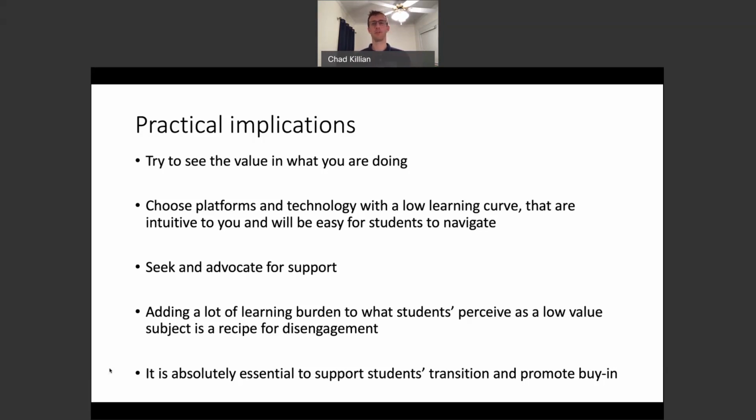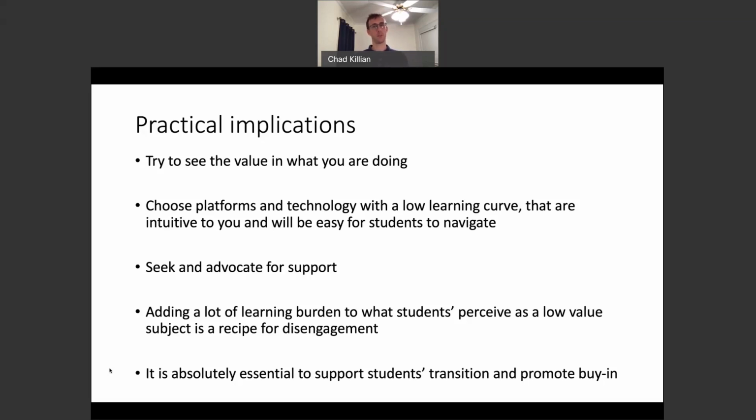The ease of use was really important for students and teachers. So when you're deciding how you're going to implement all of this, choose something with a low learning curve, something that's a little bit intuitive to you, no matter how resistant you have been to technology. And make sure it's also going to be easy for students to navigate. One mistake I think a lot of people make is, oh, students grow up on technology, they know how to use it. Then the technology that they're using is game consoles and social media on the phone. Learning management systems and email even are bulky to a lot of the current students in K to 12, and so we need to be mindful of that as we decide what technologies we're going to use during this time.